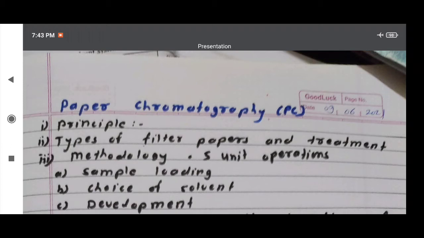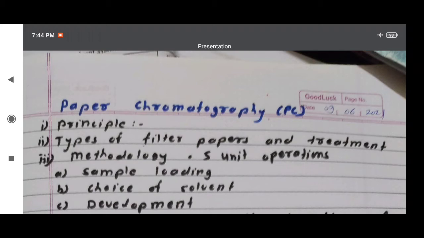partition of solutes between two liquid phases occurs. As the solutes of analyte are carried forward, they get partitioned repeatedly between two liquid phases in a ratio characteristic to their K value. K means partition coefficient value. Components which are more soluble in stationary phase, that is the higher partition coefficient, lag behind, while those with the greater solubility in mobile phase, that is the smaller partition coefficient, move faster. The differential movement leads to their separation.